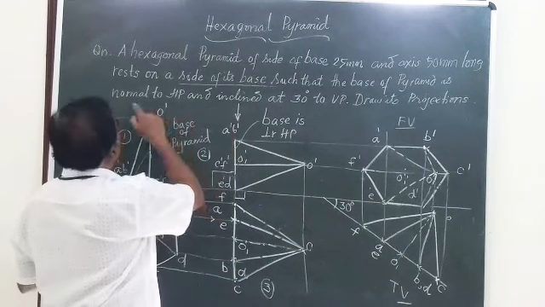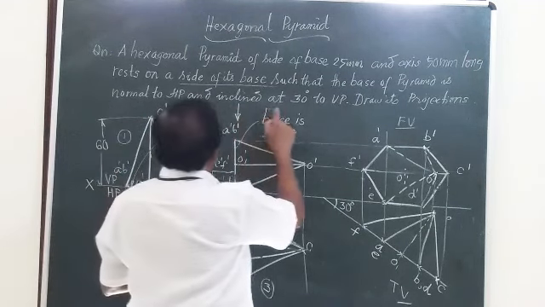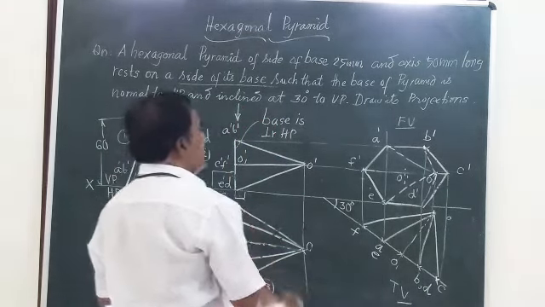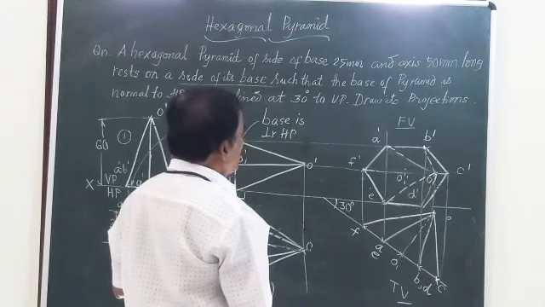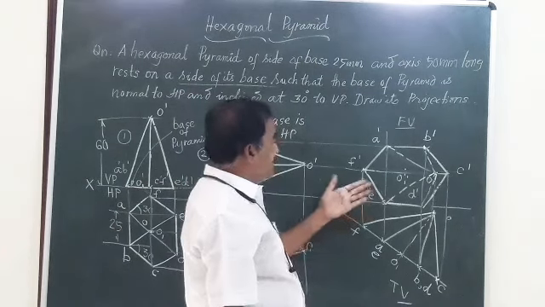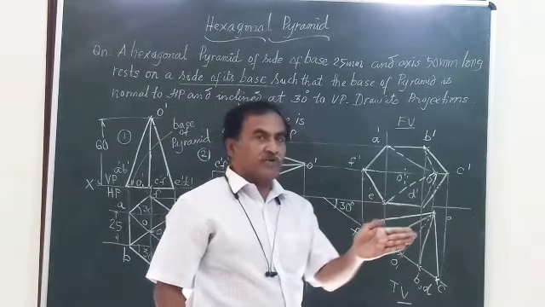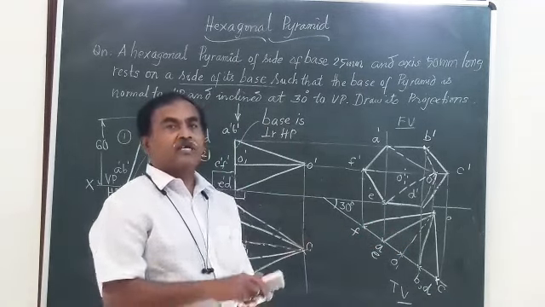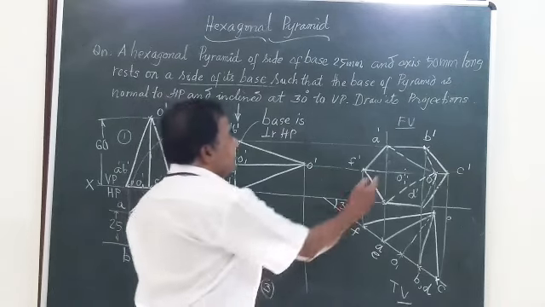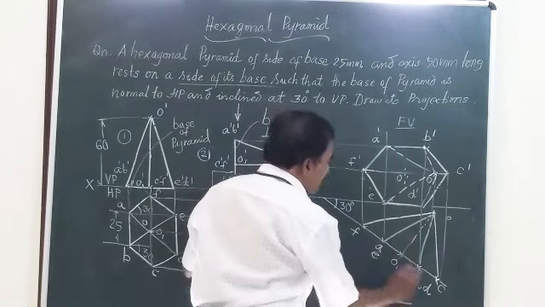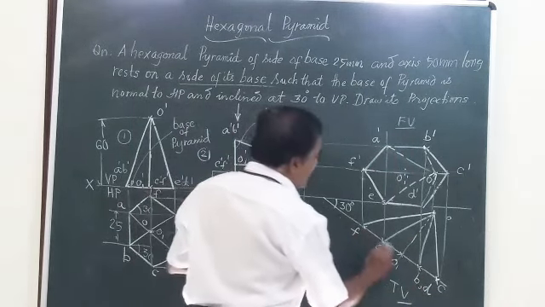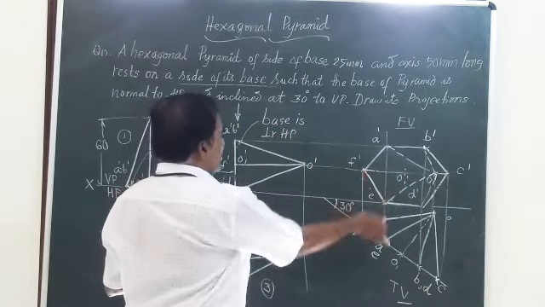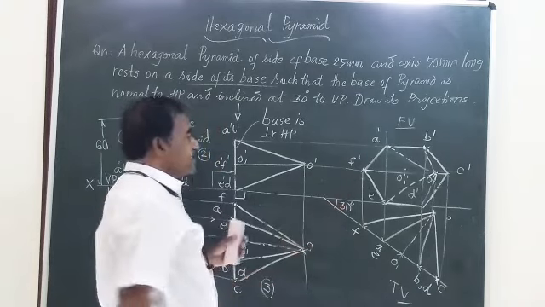Now the surface of the base, or the base, is normal to HP, and it is normal to VP. Next it says draw the projections when the base of the solid is normal to HP. The base of the solid is normal to HP. How do you say that? Because whenever any surface is normal to HP, in the top view it should be seen as a line. So this is the front view and this is the top view. In the top view, the base is seen as a line. Hence, this is the final projection and this will be the complete solution.